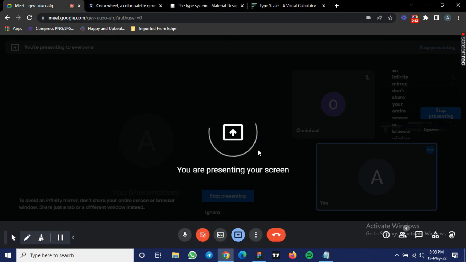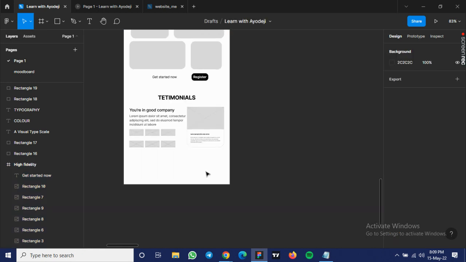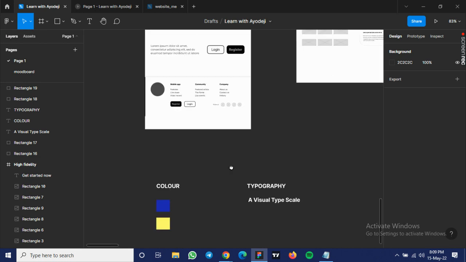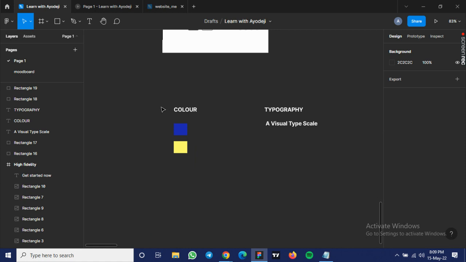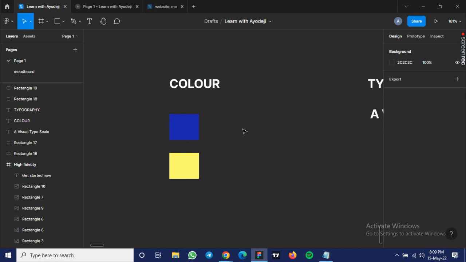Okay, so we have been doing a lot of designing since we started this whole community schedule. We've done wireframing. We've talked about auto layouts. I think auto layouts is one of the most packed classes, and it's very sad that the recording got corrupted. So we did wireframing, auto layouts, and now today we are going to talk about